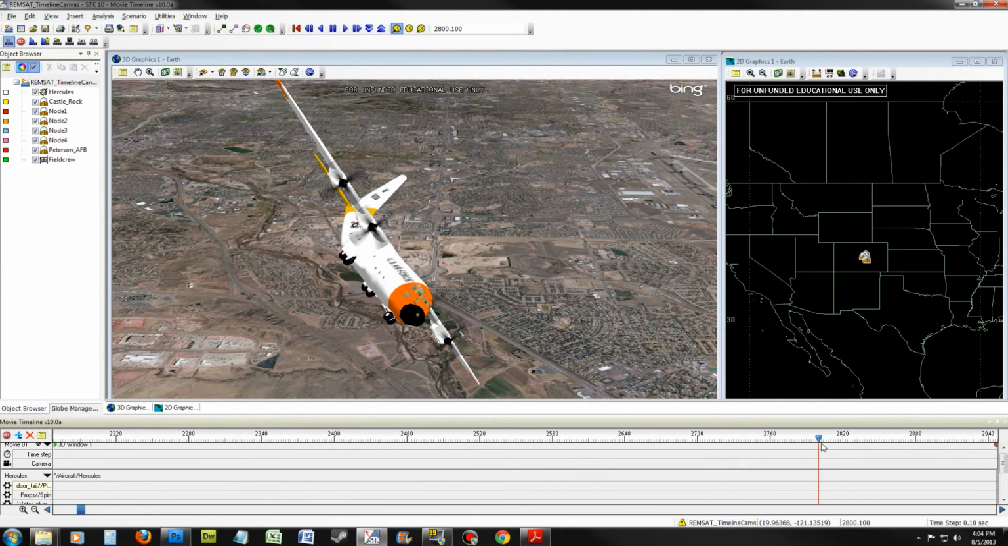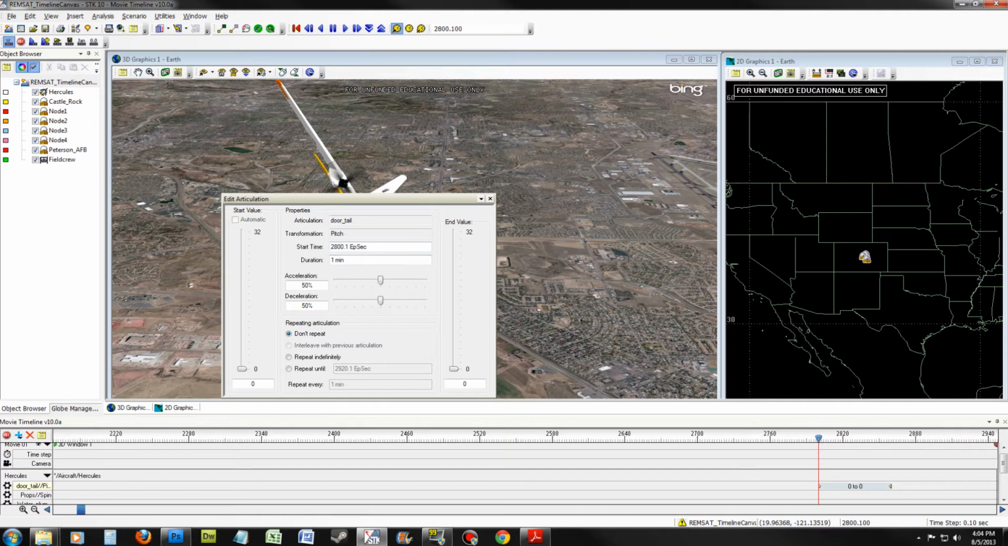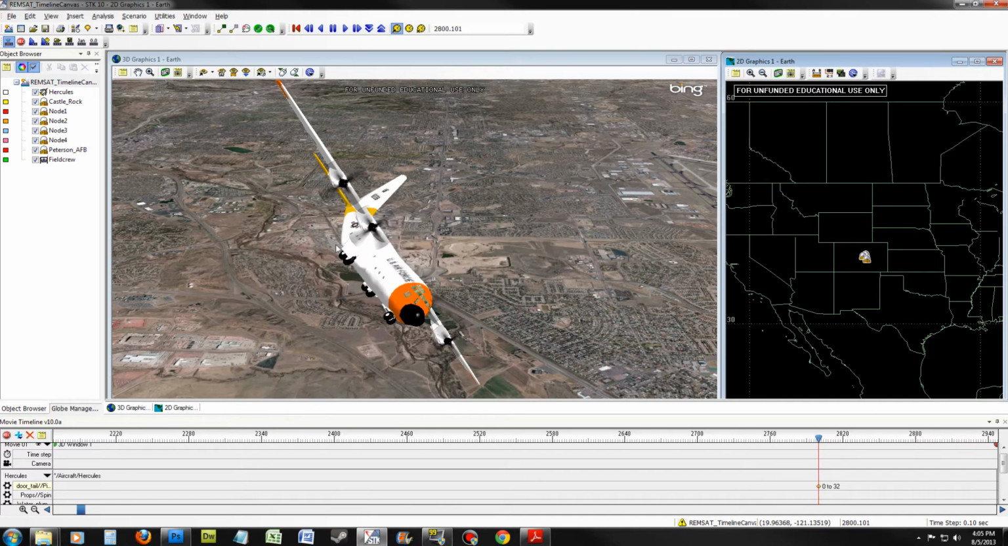The red scrub bar is the current time on our timeline. With Dartail/Pitch selected, right-click on 2800 and select Add a new keyframe. Ensure the duration is 20 seconds. And set the end value to 32. Once you have done this, exit out of the Edit Articulation. This will open the